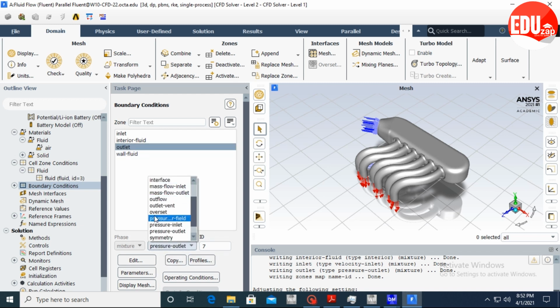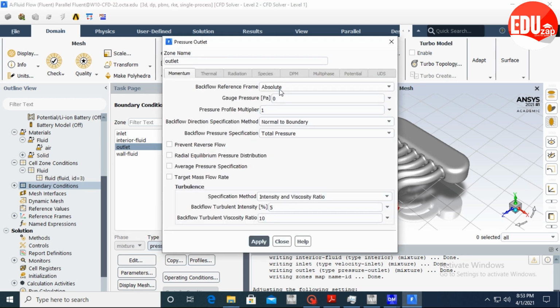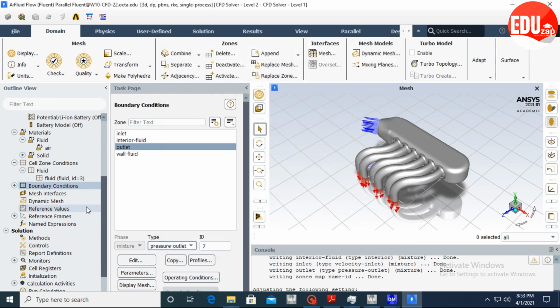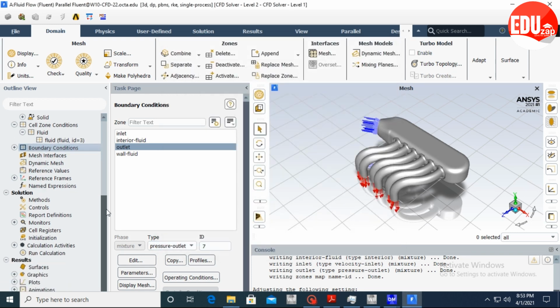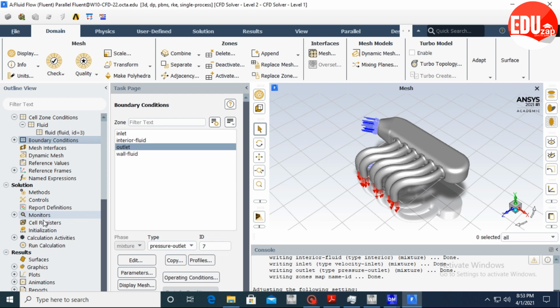But here the type is already pressure outlet, we don't need to change this to any of these. So we can go with the pressure outlet. We need to set the pressure outlet to atmospheric, but in this case the gauge pressure is already 0, that is the atmospheric condition, so we don't need to change anything here. Just apply and click on the close button, and after that we can go to